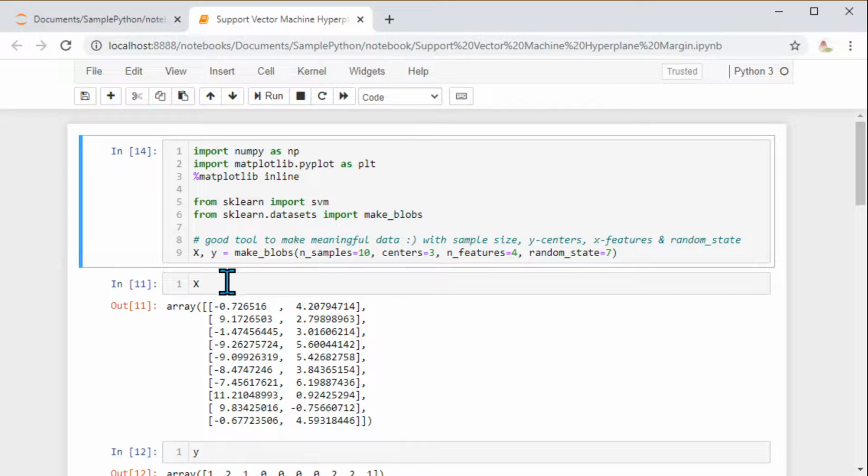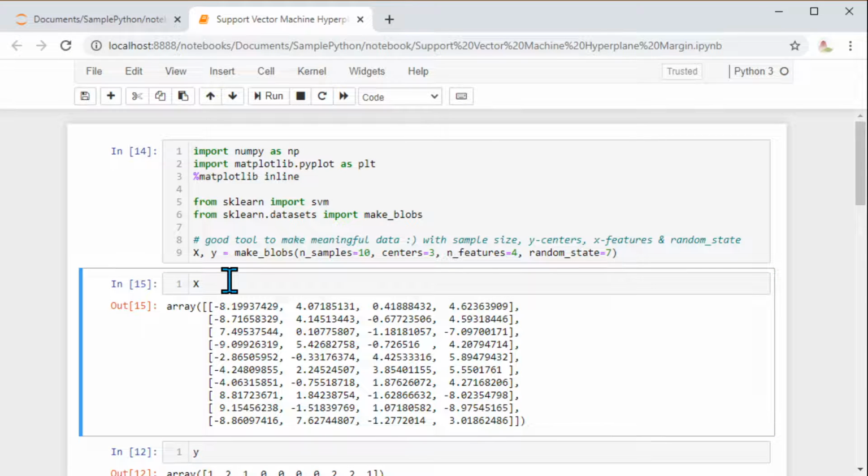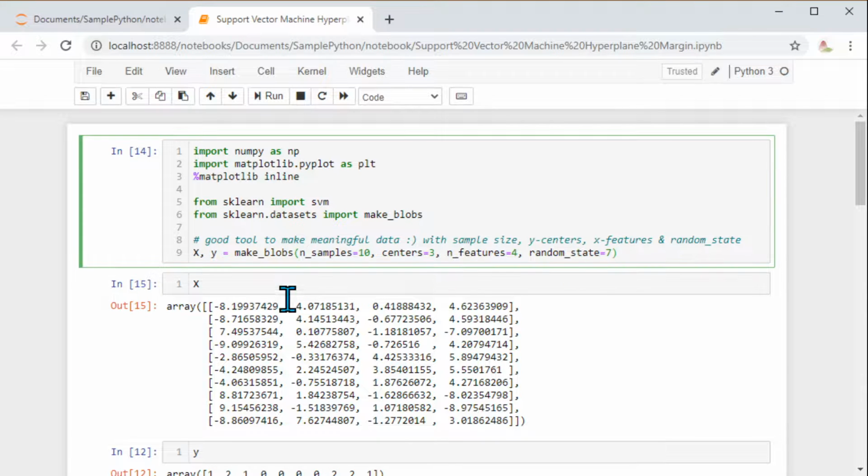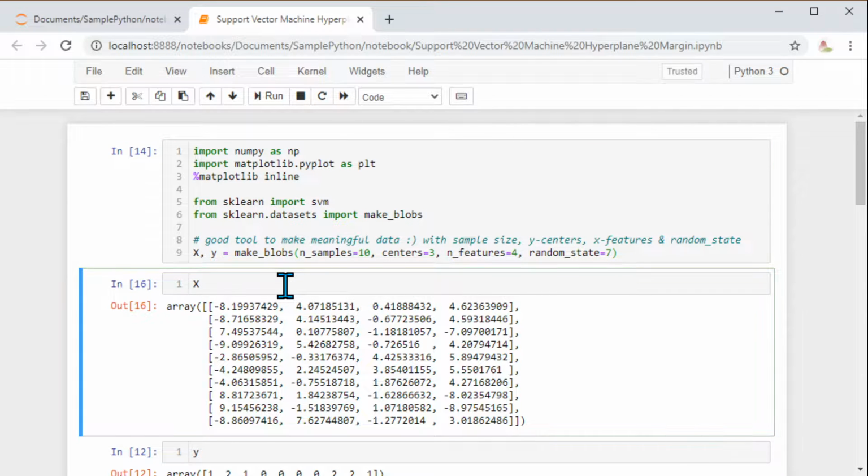That means I'm going to see a few features here. One may be the length, one may be whether they bark, one may be whether they like milk. So there are different parameters, different things we can see to identify what kind of animals they are. Okay, and if my random state is 7 and I run this as many times as I want, I would